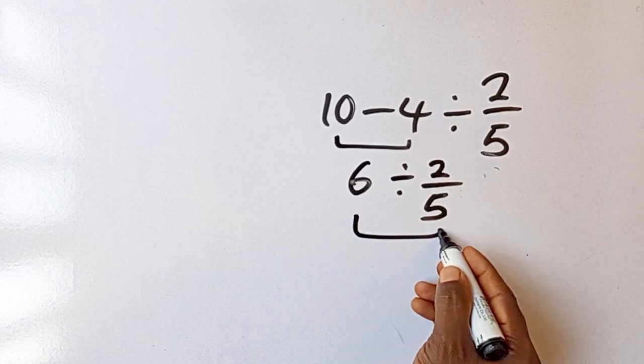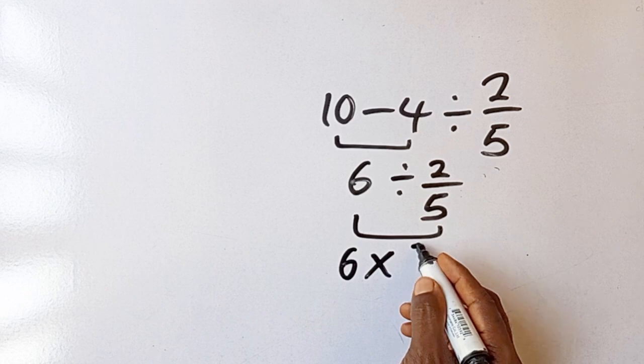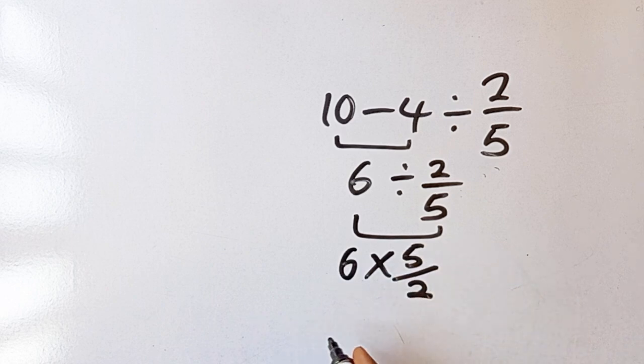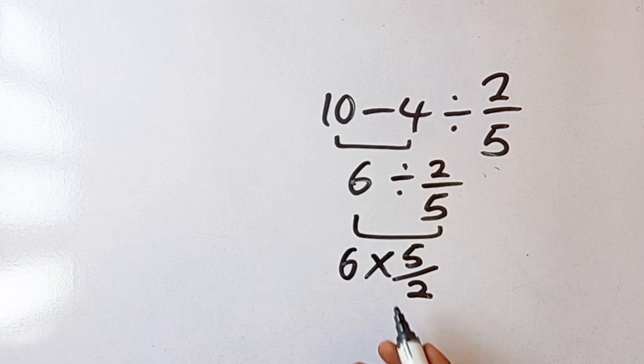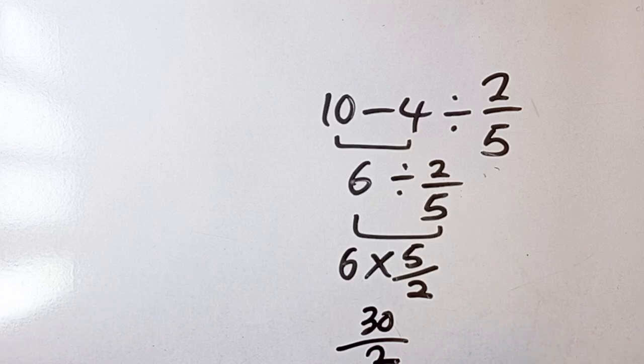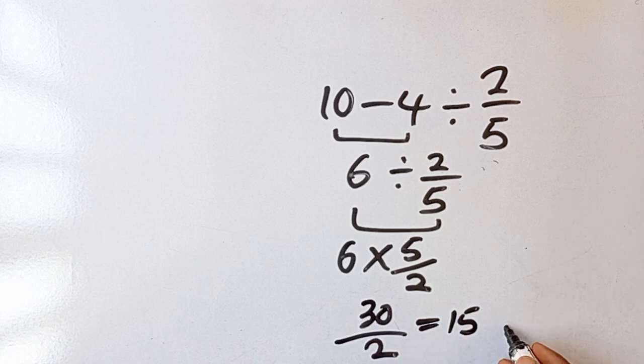So if we apply the rule of KCF, this is going to be 6 times 5 over 2. So 6 times 5 is what? 30 divided by 2. 30 divided by 2, this is going to give us 15. But this answer is not correct as well,